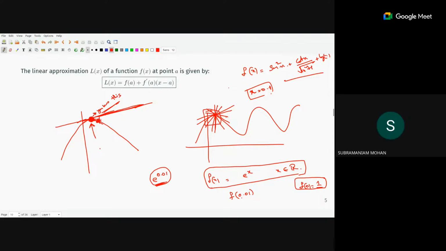From here, the challenge is the exam. What type of problems are going to come with what we have learned so far? Give a linear approximation to this function, or whether this function is continuous or not, whether this function is differentiable at this point or not. Or you're going to give a set of equations and ask which is the best fit.